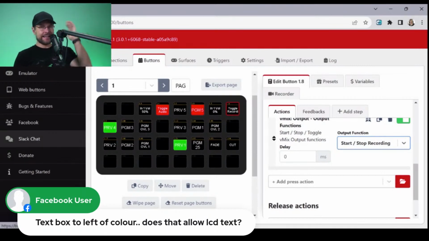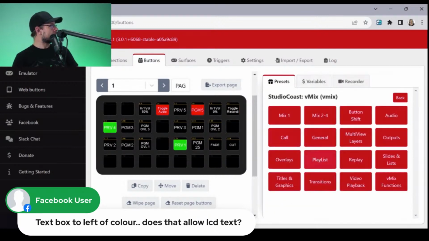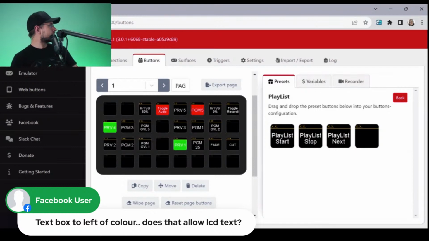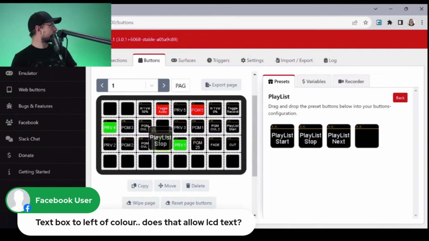Okay, playlist. That's the last piece of this whole setup. And then I will be back to function, but everything will be done through Companion. So that is going to be 4, 8, 12, 16, 17, 18, 19, 20, and 24. So, I'm sorry. That's not true. 20 and 16. 16 is playlist off. 20 is playlist on. So presets, playlists, start playlist is going to be 16. That's this guy. And stop playlist is going to be 20.